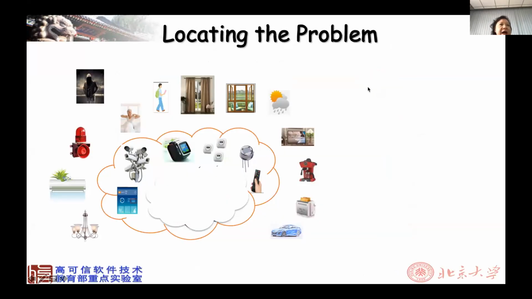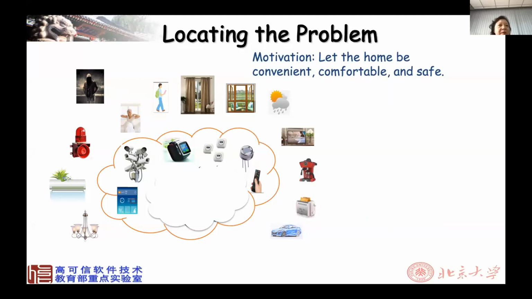I have mentioned that the problem comes from the real world. So we identify the entities of the real world. I just assume the problem will come from these real world entities. And with these sensors and actuators, the computing system may know the real world. So from this aspect, we say the motivation of developing software is